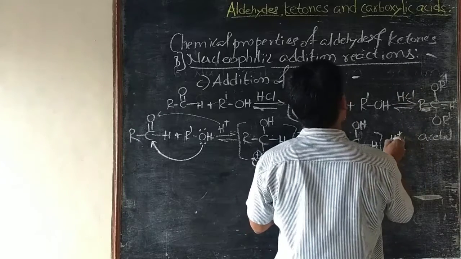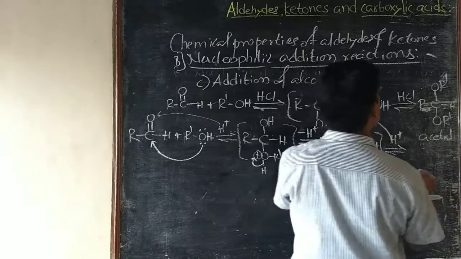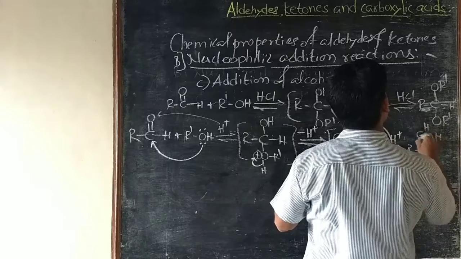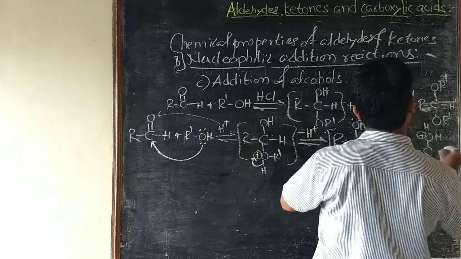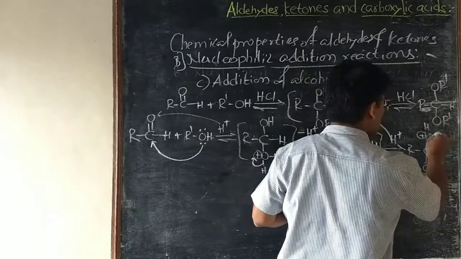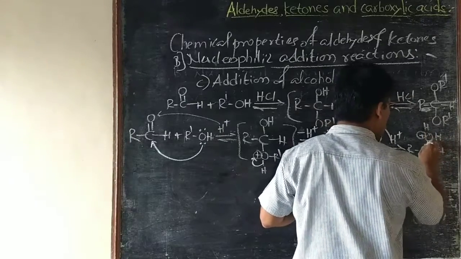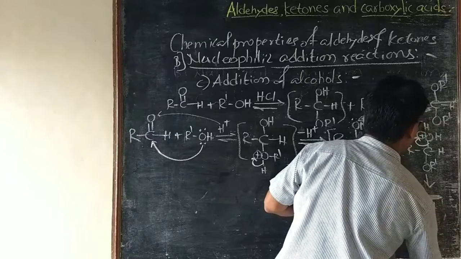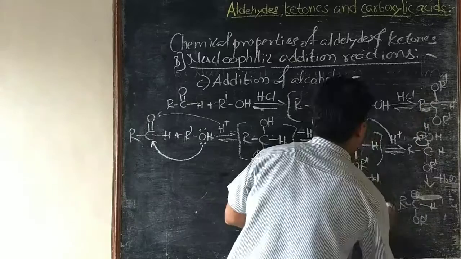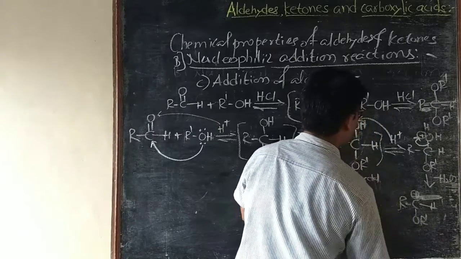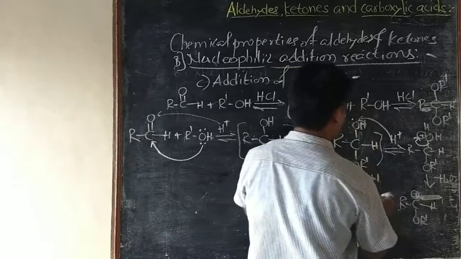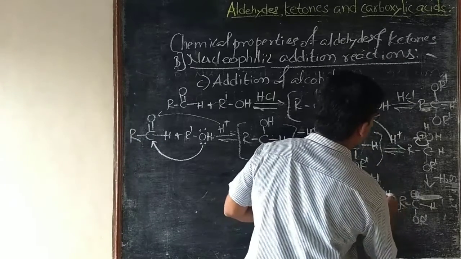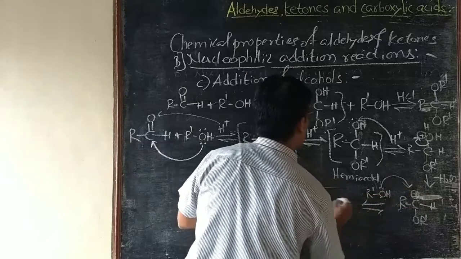chloride, that is this H plus goes to this, that is it has also two lone pairs of electrons, and then it forms RCOH and here also H plus OR prime and here H. Then this H and O, that is H2O, goes with these electron pairs to form R, here plus charge, and HOR prime, here minus H2O, and then here one more molecule of anhydrous monohydric alcohol, here lone pairs of electrons, it attacks on this carbocation to form